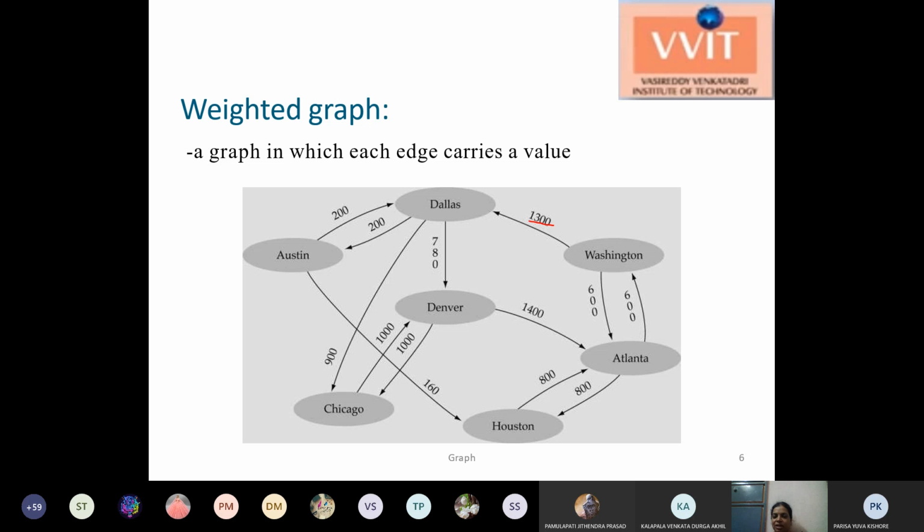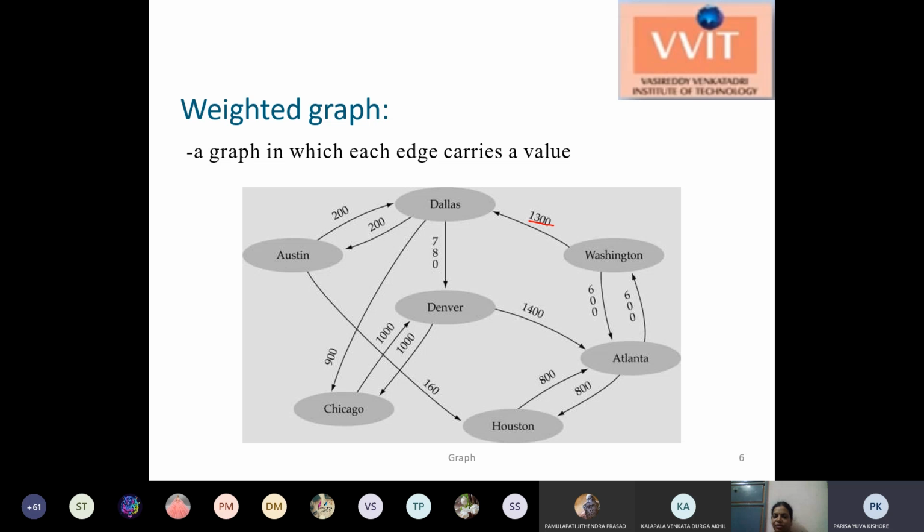Say if you are not using a weighted edge, then you are not able to say what the cost is, what the distance is, or what time it takes from one place to another place. So generally, whenever you are representing route maps, we use weighted graphs, and the edge is represented with either distance or time.